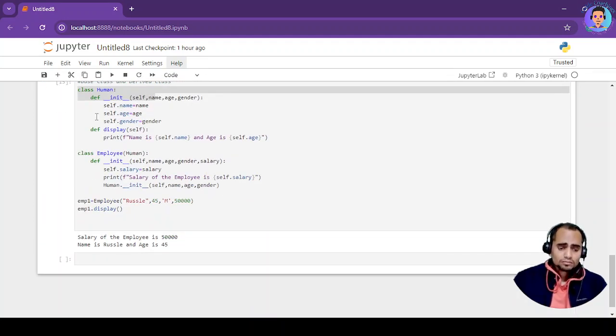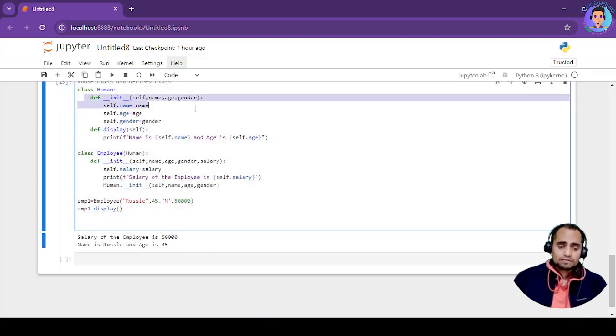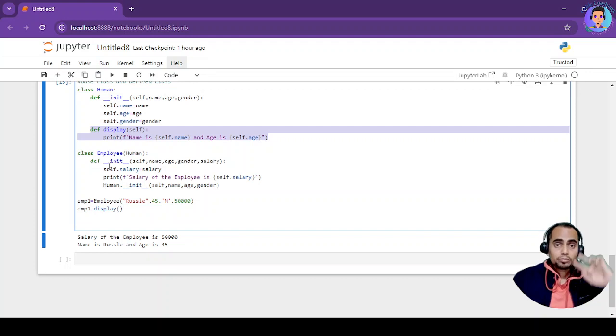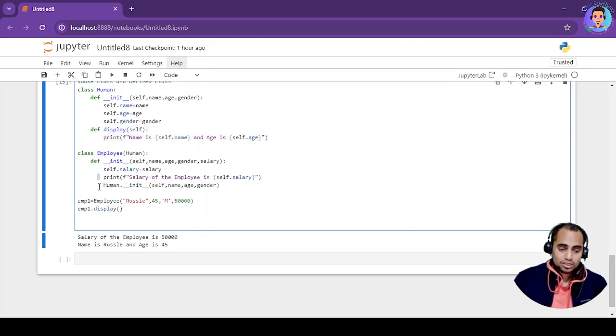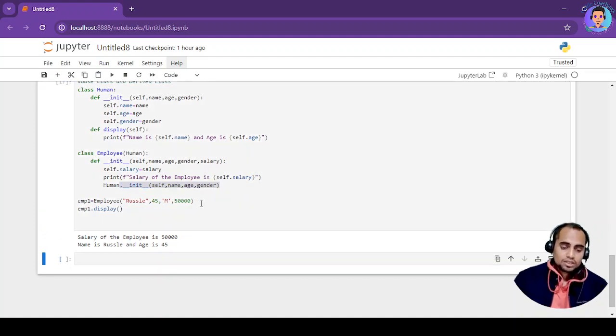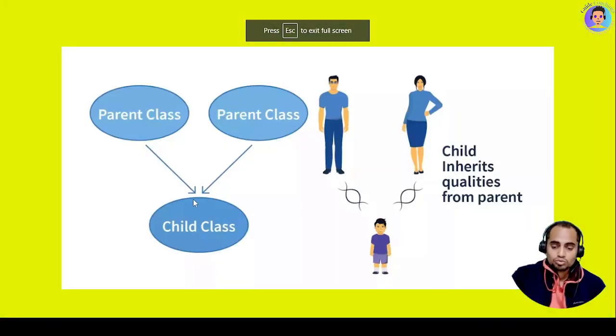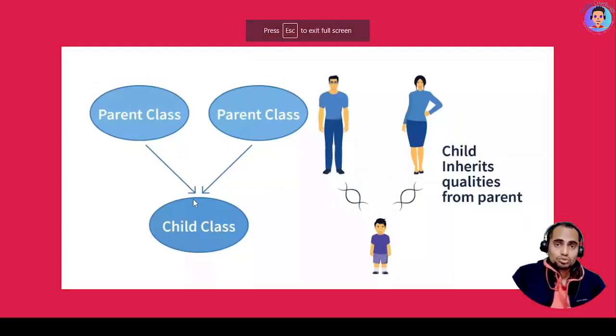And if you want to define a function inside it, you can define a function like this, and you can use the properties of your parent class using this function or this type of code, that is class name dot init, that is the constructor, and then you can give the values and then you will execute it and you will get the results. Okay, I have explained the topic which I wanted to explain.